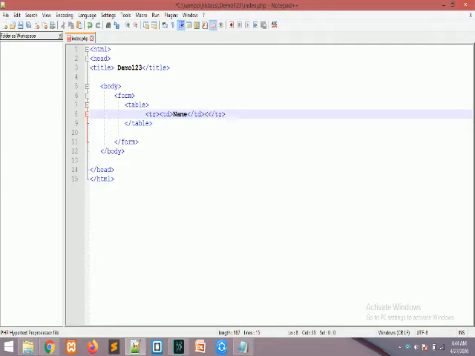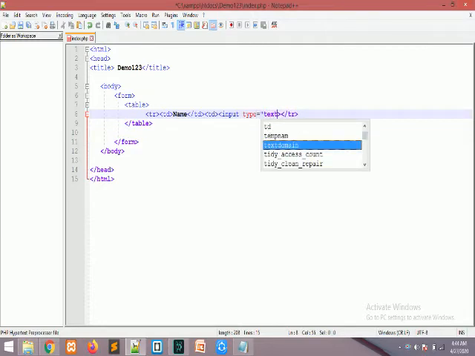Then we will start the second column in the first row, and we will give an input type equals to text, name equals to n. Okay, this much.